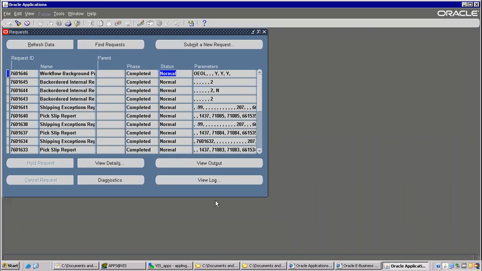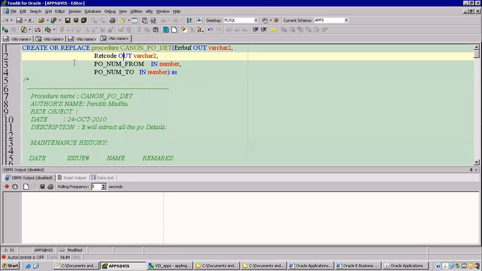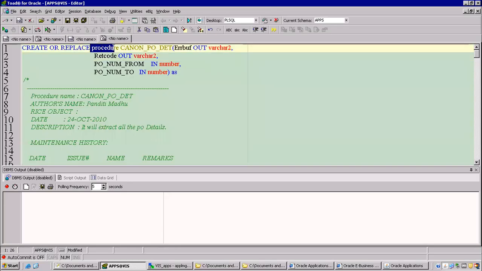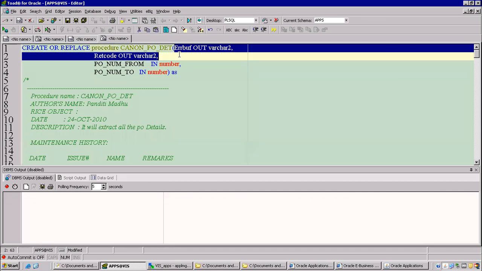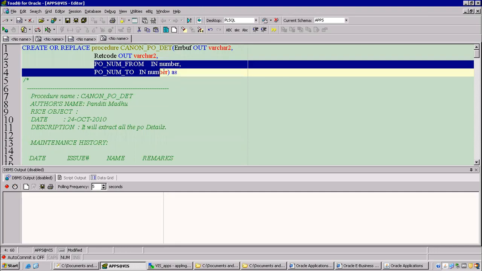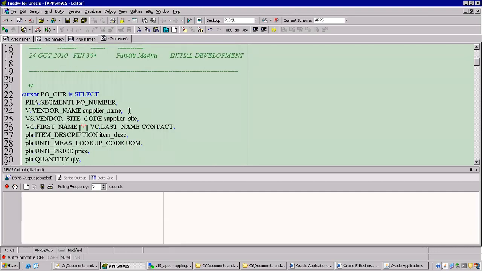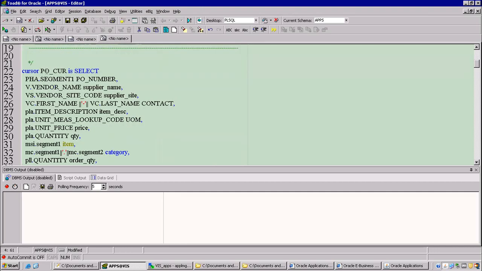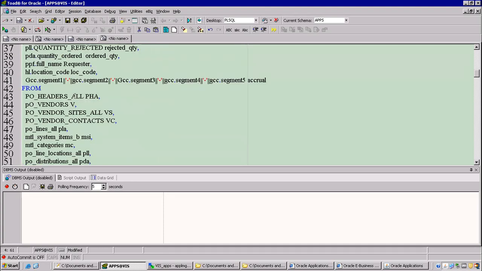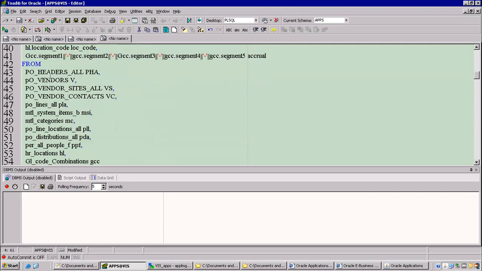Overall, we can say if you want to register any procedure in the application, we must have these two parameters. These are the two output parameters, and these two are the input parameters here. Go down. First of all, we are taking a cursor here. The cursor is a select statement. See, these you know already. PO form only. So if we go to the application here,